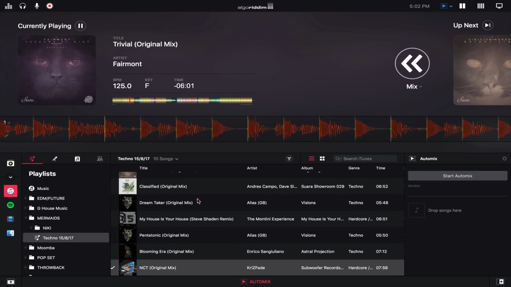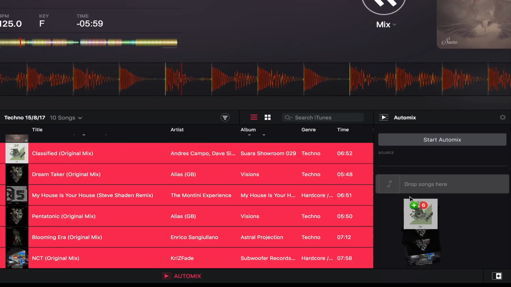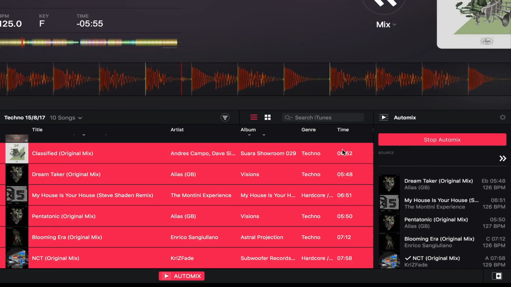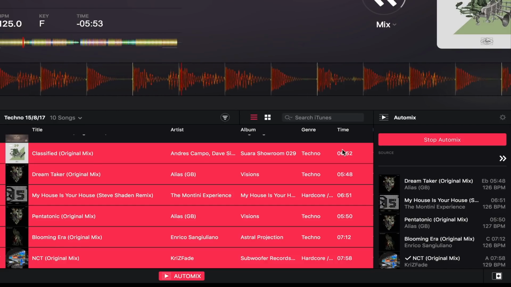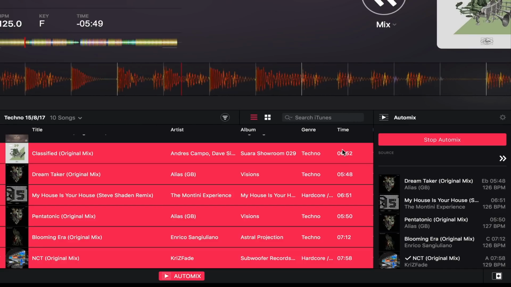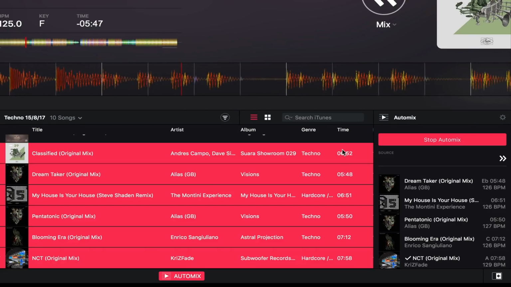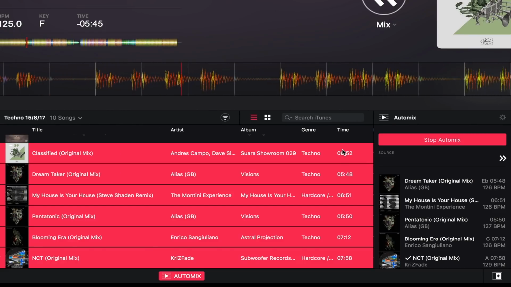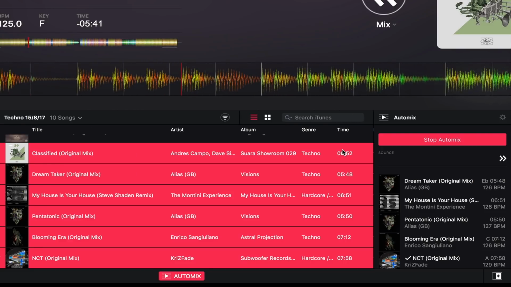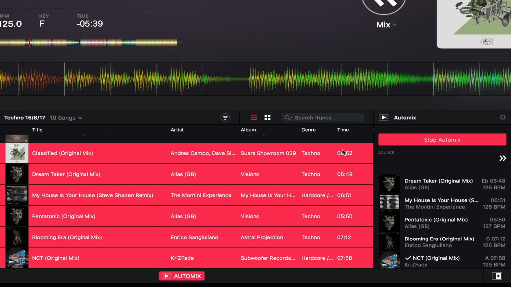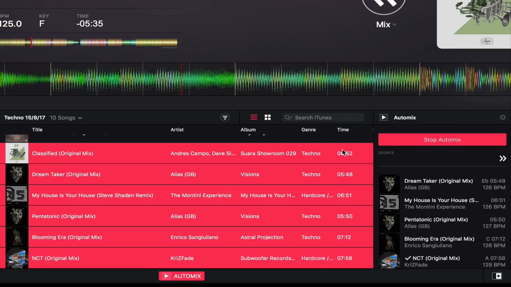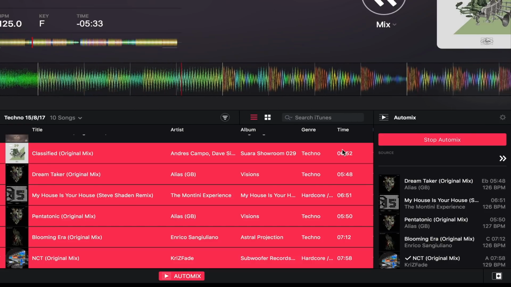Here we are. So let's say I want all these tracks over onto auto mix. And I can just click start auto mix, and I can just leave it at that. So let's say I'm doing a wedding and it's cocktail hour and I don't necessarily have to be behind the DJ booth. Instead of just leaving my iPhone or iTunes playing a playlist of songs, I can have djay Pro 2 run through my auto mix playlist and can just play all of those songs for me